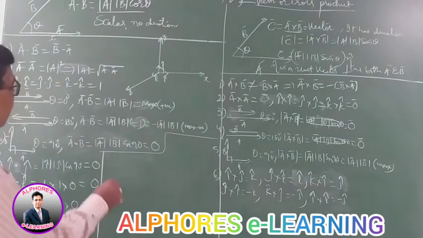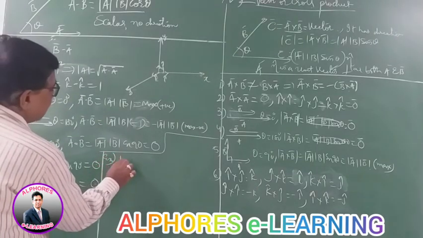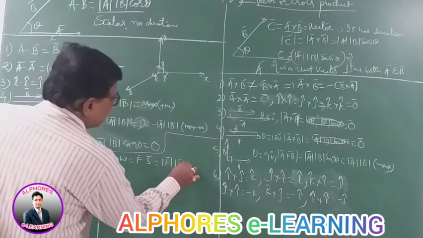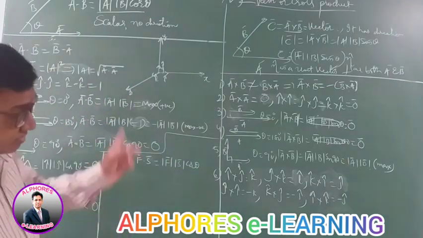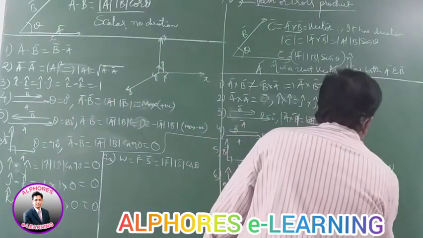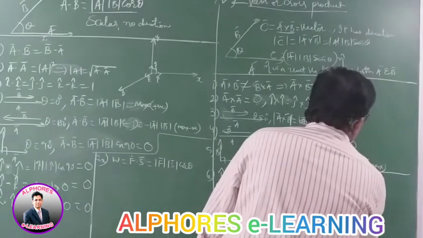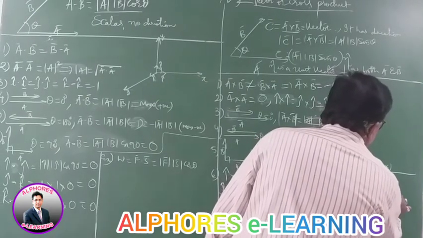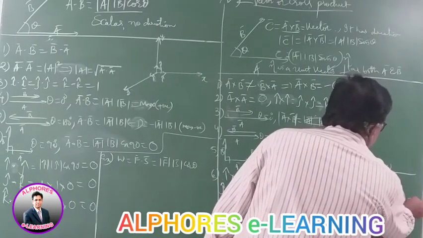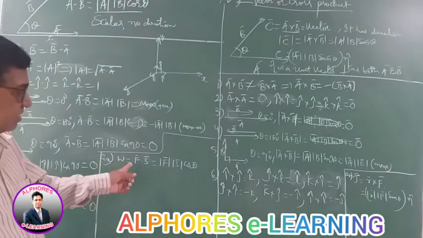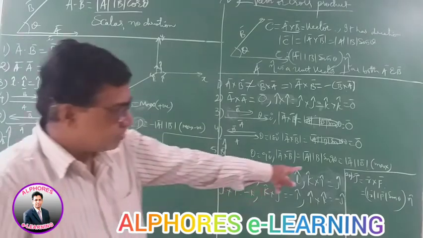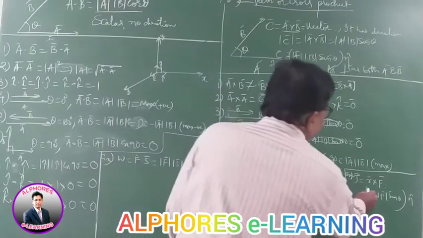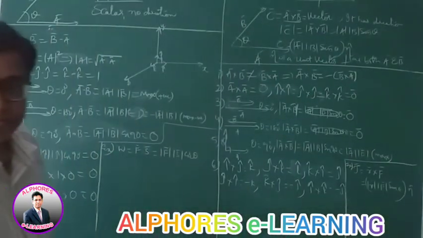Right? So this way. Here if I write down the examples, work done on a body is F dot S. So this is mod F, mod S, cos theta. Well, coming to this case, the torque acting on the body. If I take the example, torque on a body is R cross F. So this is mod R, mod F, sine of the angle times n̂. Work done is F dot S, force and displacement. Even that is also force and displacement, but in the perpendicular distance, about the point where the force is being applied with respect to the point of axis.